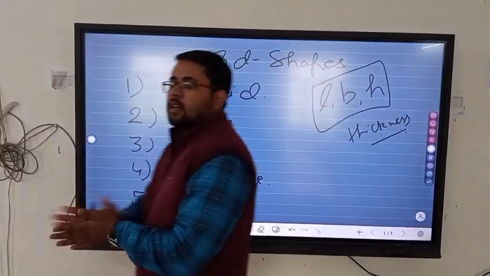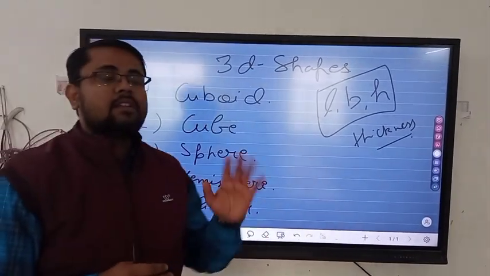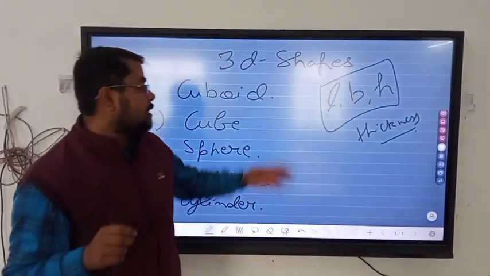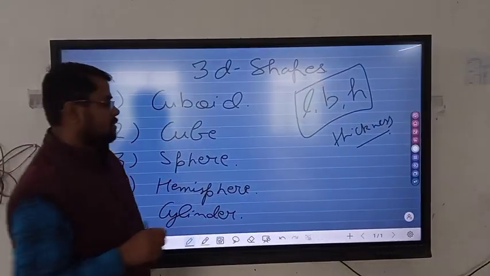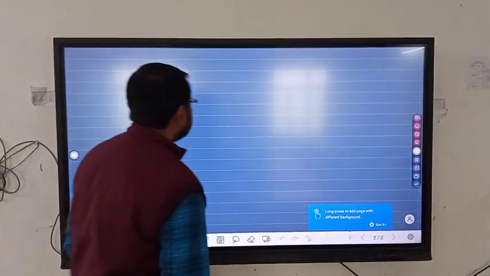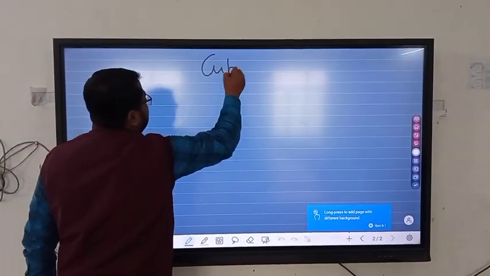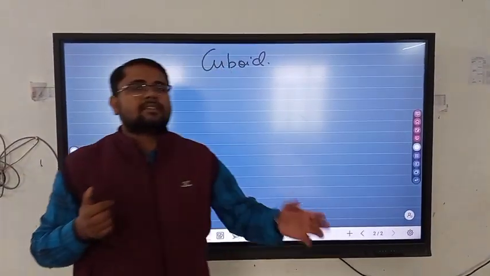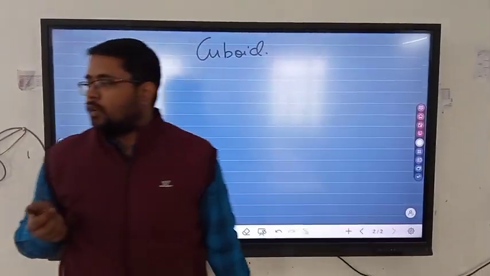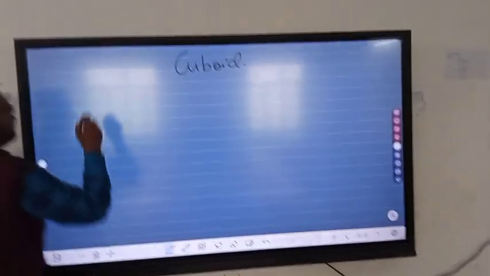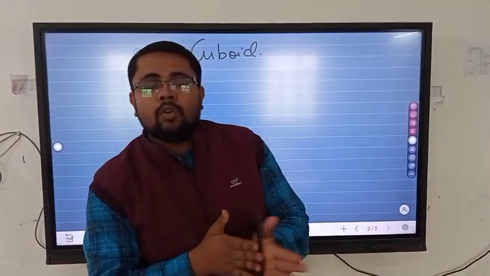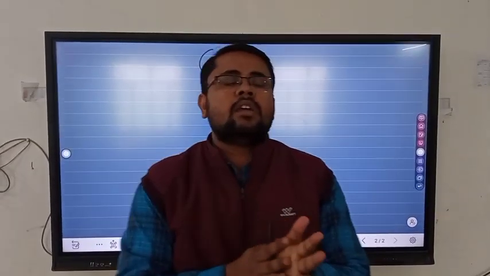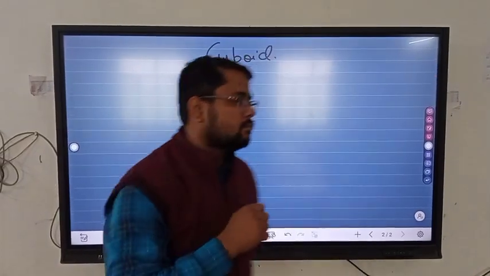Yesterday we studied about the two dimensional shapes. Those shapes don't have thickness, but the 3D shapes have thickness. Just like, first we come to the cuboid. Take an example. This is your class. This class is also in cuboidal shape. Okay. Cuboid, the three-dimensional shape which has 6 faces, is called cuboid, and all faces are different.